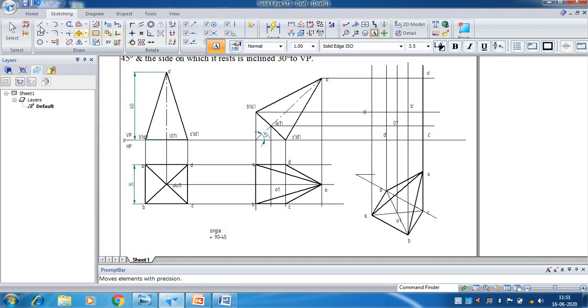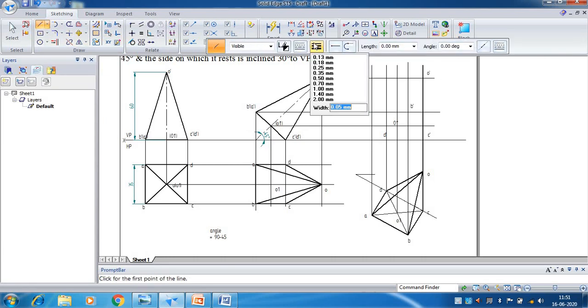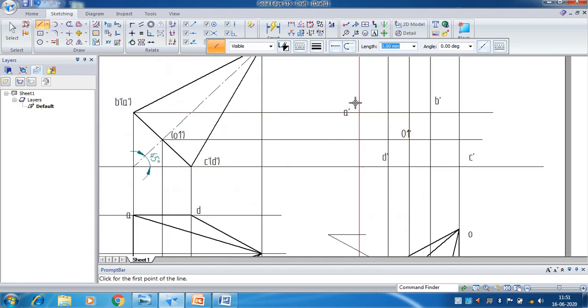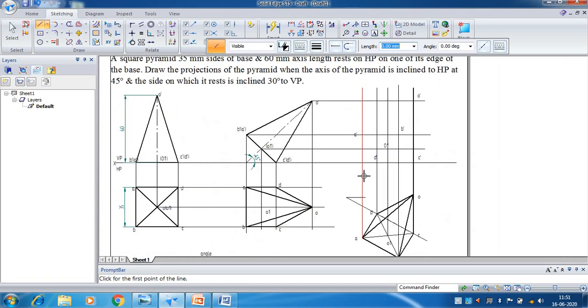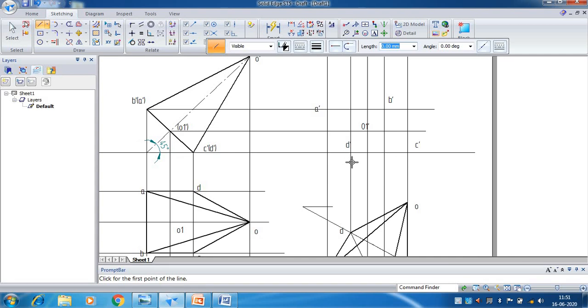Okay, now we need to join these points with the thick lines. So we have the line command, change the line thickness into 0.5 mm. Again here also you need to draw the possible outermost boundary. So for that you need to start drawing the line from a point which is already on XY.